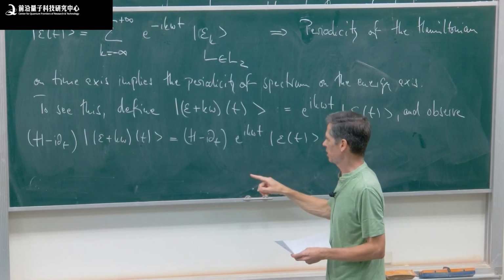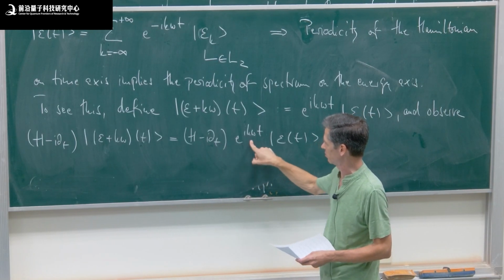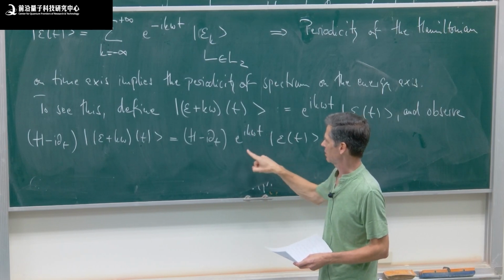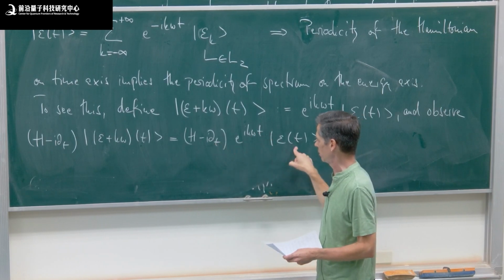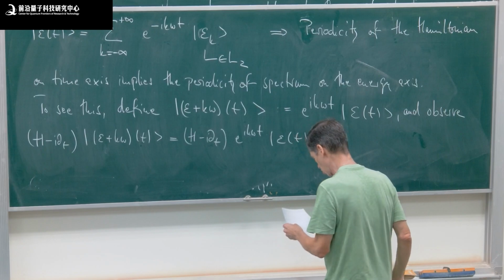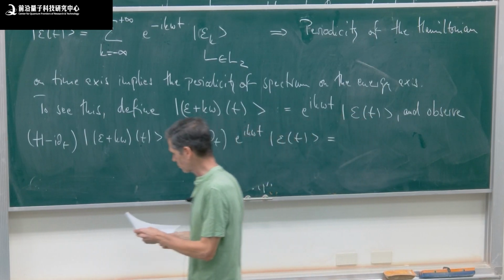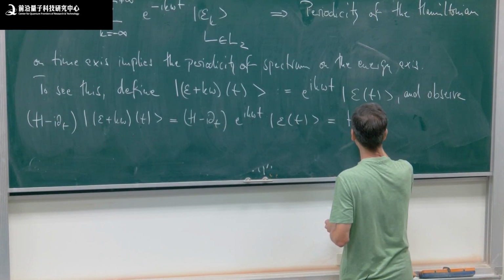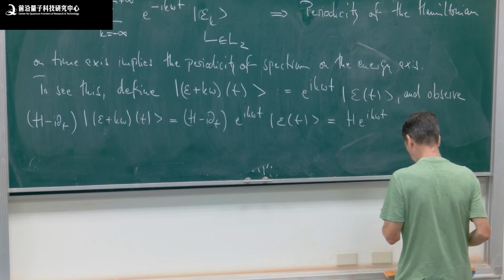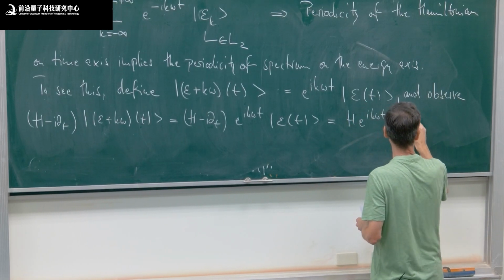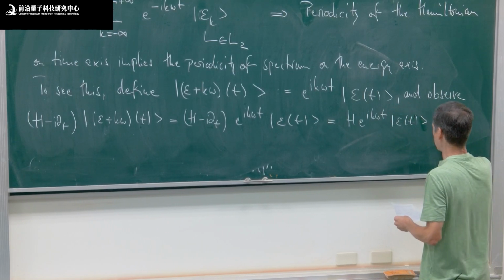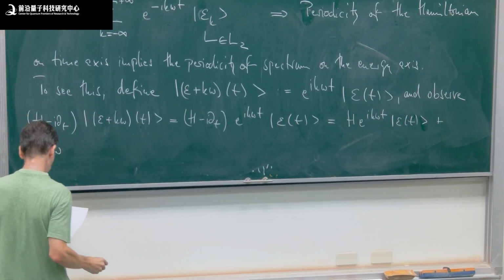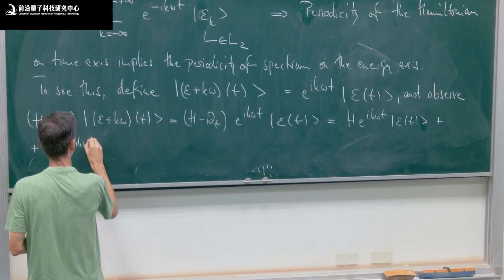From application of the i d_t upon this product, I get first something like k omega times this, plus e to the i k omega t times i d_t acting upon this, and then of course the terms in H. So if I write all this down, I get H e to the i k omega t epsilon of t, plus k omega e to the i k omega t epsilon of t,